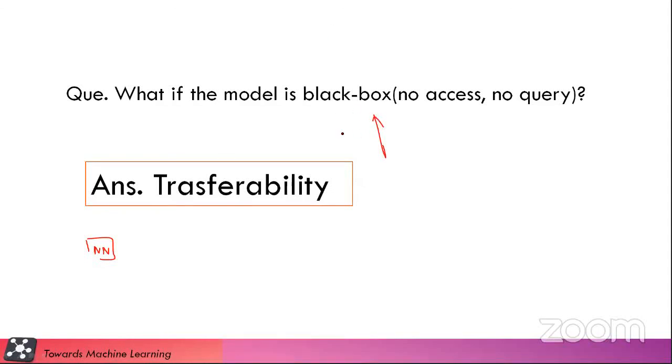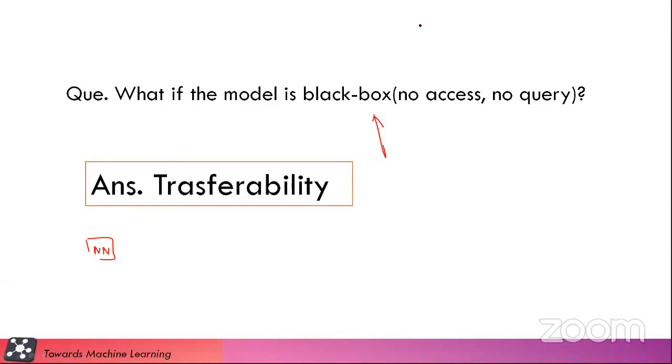It is said that we use the same types of neurons, the CNN models. We use the same activation functions, as you see: ReLU, leaky ReLU, all those functions. So that is a cause of transferability. That is all about transferability. It is one of the research topics. Researchers are trying to find why this happens, because we forge an adversarial example for our network, and there is a high probability that it will be adversarial for the black box model also.